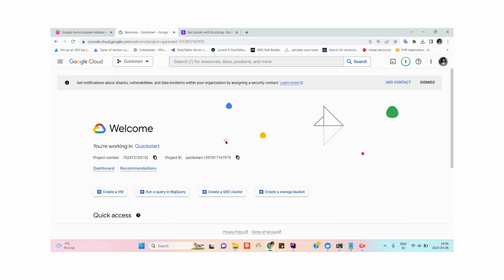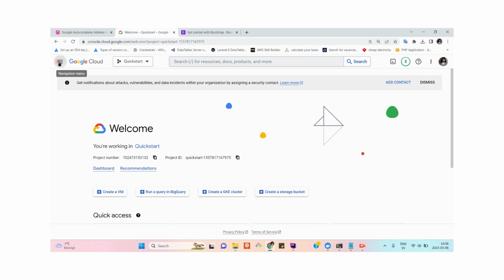Being a developer, you can make thousands of requests free of cost. Once you cross that limit, Google will send you an alert that your free limit is going to be finished. I suggest that once you attach your card, consume the API, and set up your Google account,